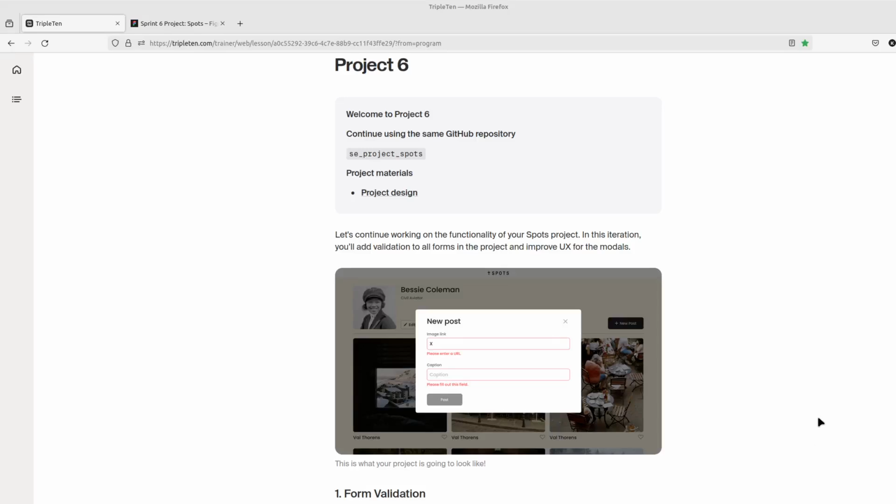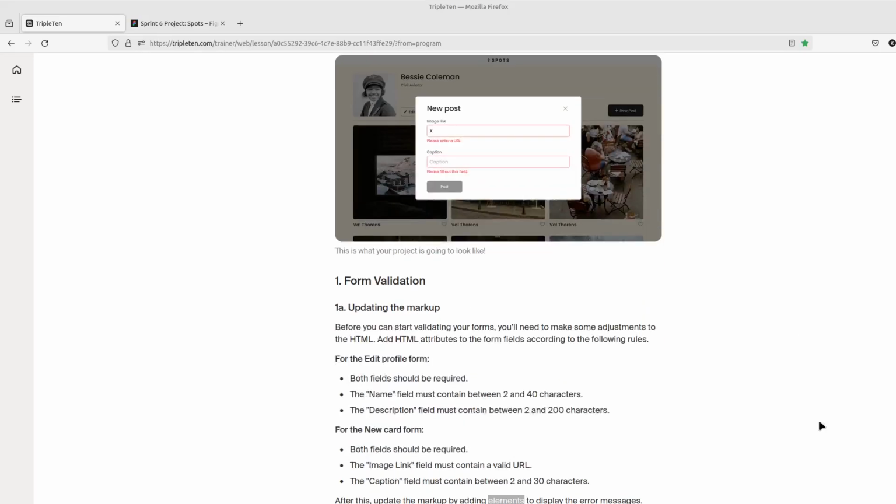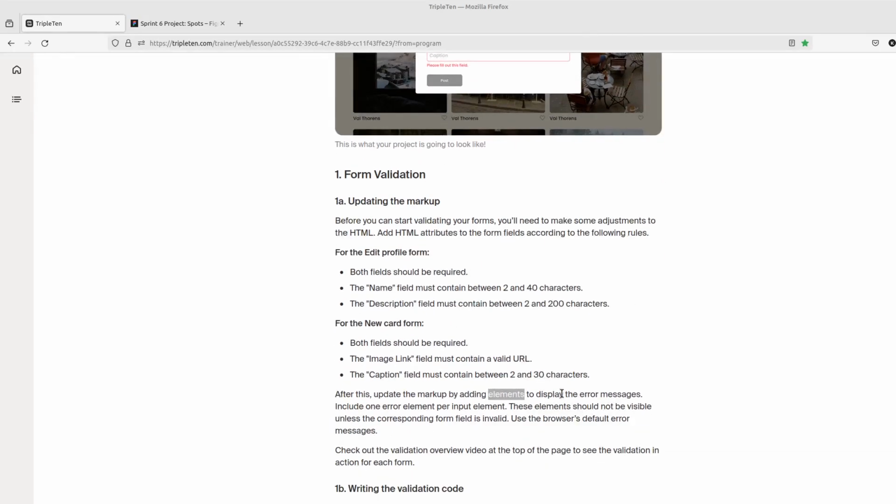Hi everybody, in this video we're going to get started working on form validation. And we're going to start by mainly just working on the HTML and CSS to make sure that we have all of that in place before we really start digging into the JavaScript. So, need to first make some adjustments to the HTML,